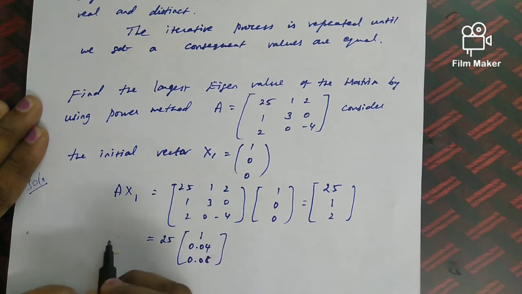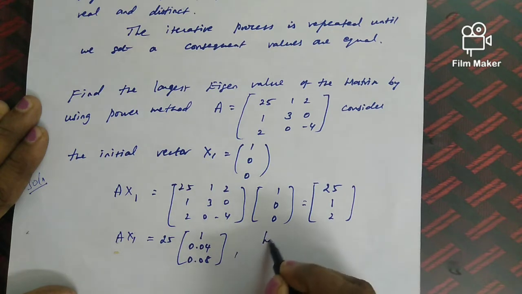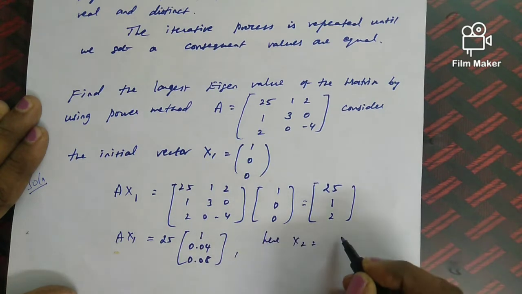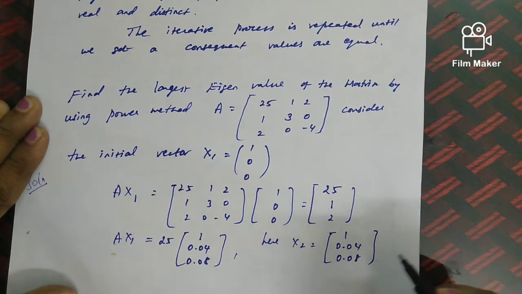Now what is our left hand side? Left hand side is Ax1. Now look at this one, Ax1 equal to lambda x2. So in the place of lambda we have 25, in the place of x2 we have this matrix. So here x2 equals 1, 0.04, 0.08. So with this x2 only, again we have to form